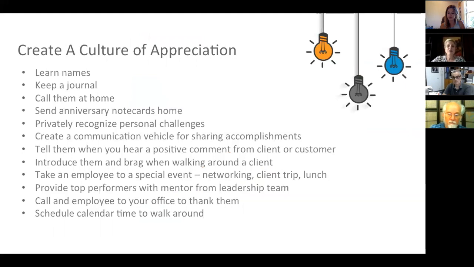Some other ways to create a culture of appreciation are not tangible. They're things that you have to stop and calendar and do. If it's possible, learn all the names of the people you interact with regularly. And if you're too big, make sure that you can utilize someone who knows all of those people. So a manager or somebody in a culture role or HR role can feed you information.